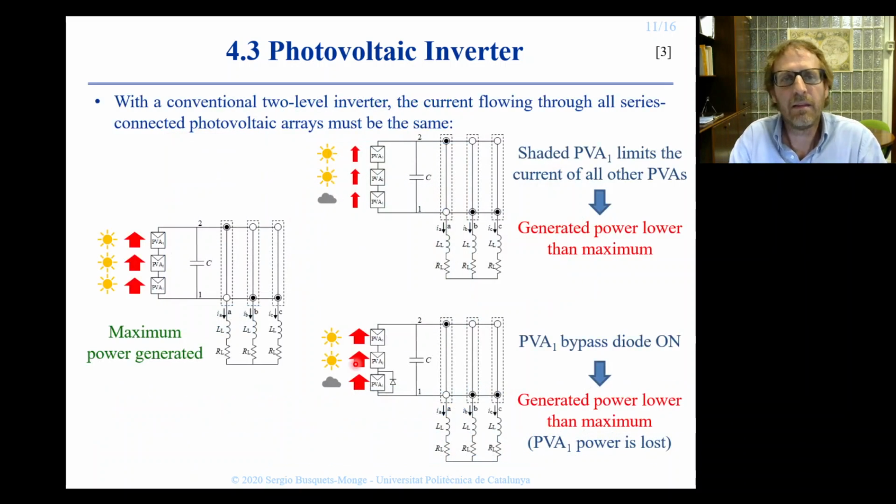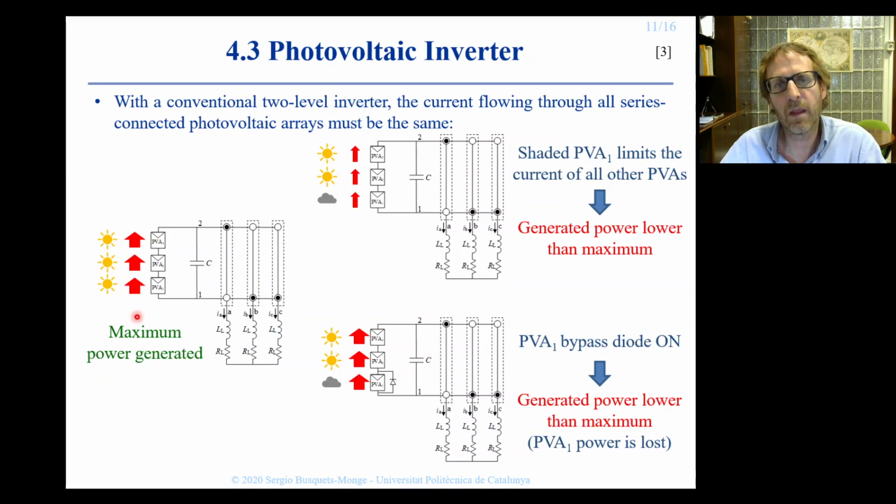Let us explain the advantage of this system configuration by analyzing what happens in a two-level configuration. If we set the system to operate with a two-level inverter, what will happen is that the current flowing through the 3 photovoltaic arrays will have to be the same. Whenever we have full irradiance in all photovoltaic arrays, this is not a problem because the current that is flowing through all of them is the same,